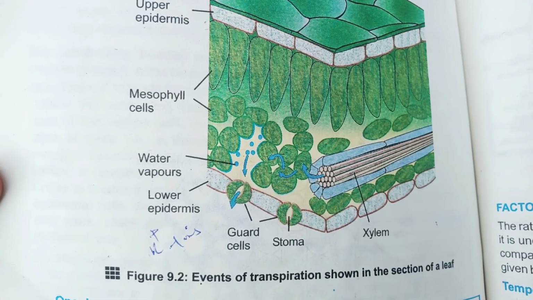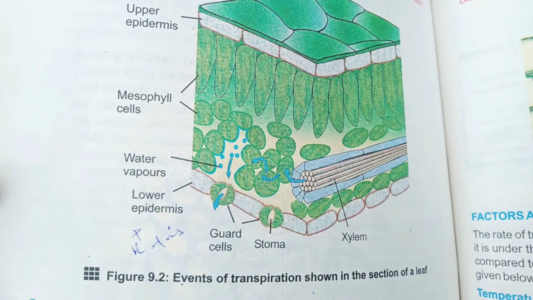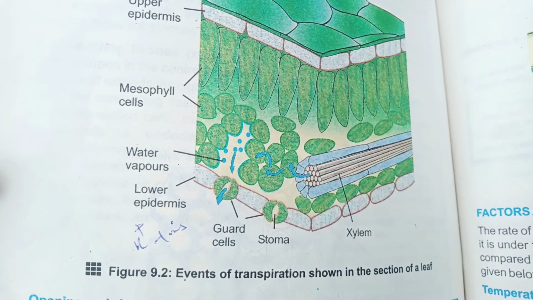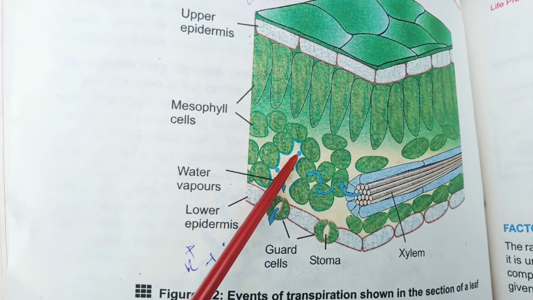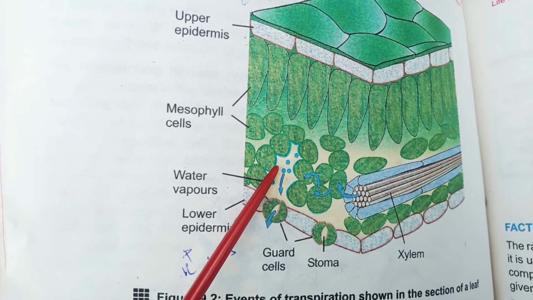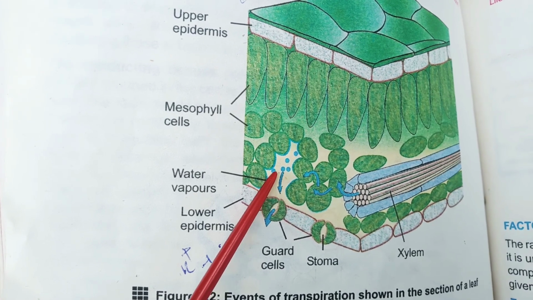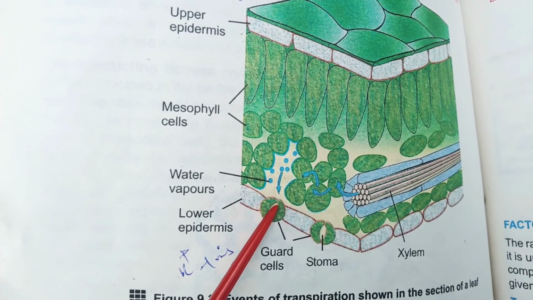From here, the water evaporates in the air spaces of leaves. These are the water vapors which are moving in the air spaces of the leaves, and then they are moving